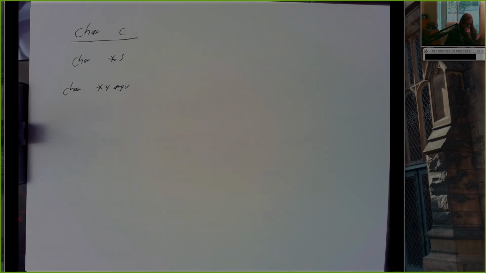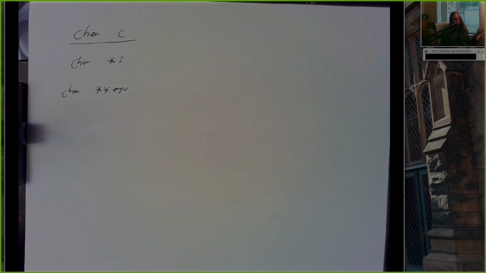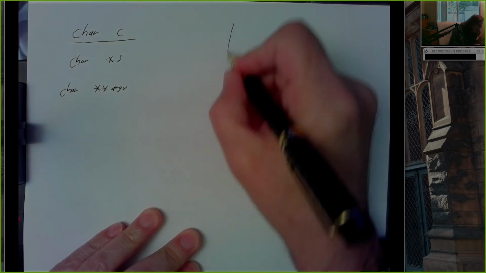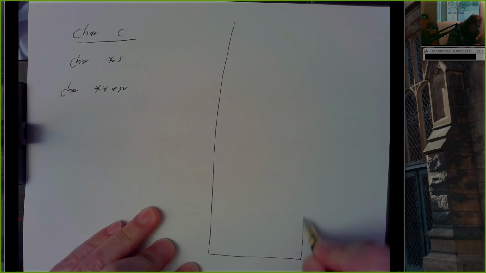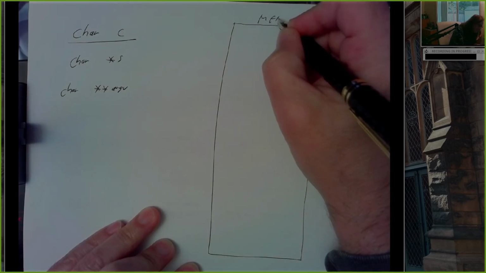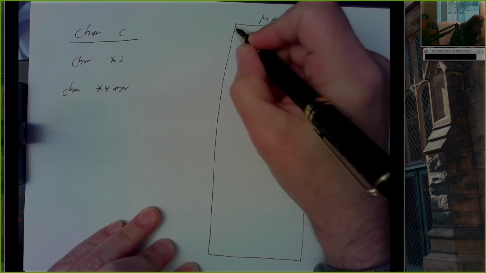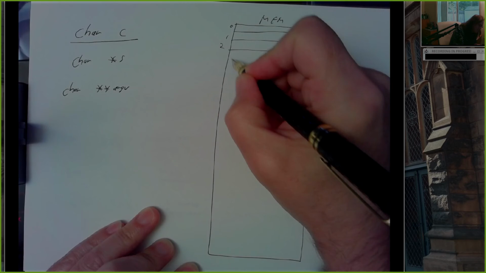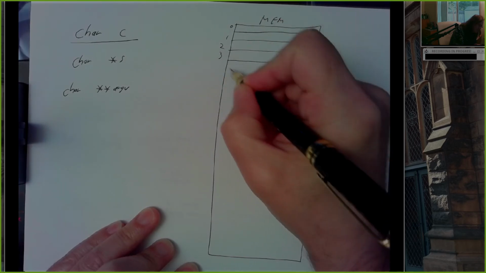Characters are a single byte. And we're saying, hey compiler, I want to have a variable named C. Can you find somewhere to store that for me? So I'm going to draw a kind of bogus memory map. The memory of your computer, we can pretend that it starts from memory location 0, even though it doesn't.